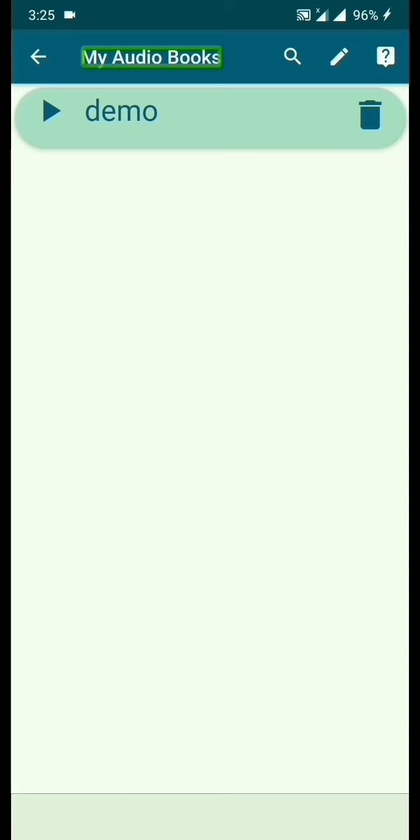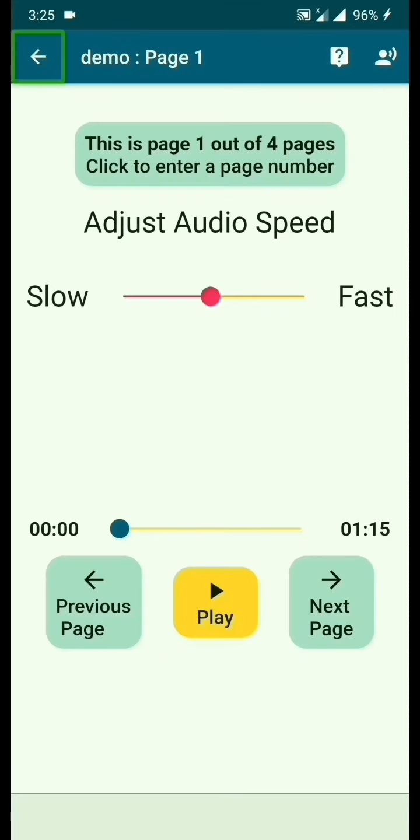So I'm going to swipe right. Search for audiobooks button. Create audiobooks button. Learn how to read audiobooks button. Demo. Double tap to read audiobook. So the demo audiobook is available here. So I'm going to select that. Demo page 1. Back button. Double tap to activate. So now it has opened the demo audiobook for us.